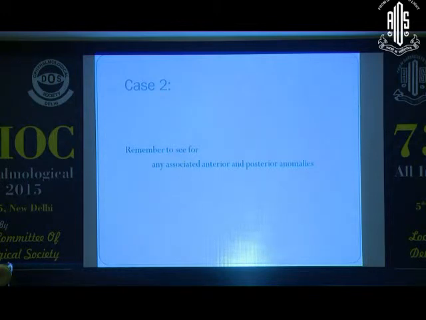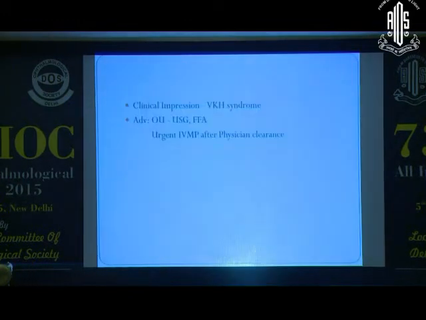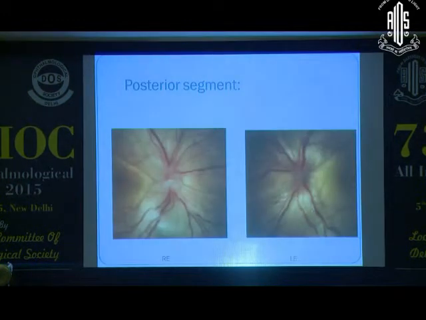Just one point there. The apparent disc edema in such a case, if you notice, the nerve fiber layer is stretched all along into the retina. So the disc edema is not from the margin and then sloping down into the retina. It's just stretching straight in, which means there is retinal edema also associated with it. So once you look at that, you think of a retinal disease along with it.